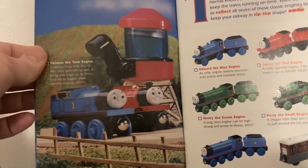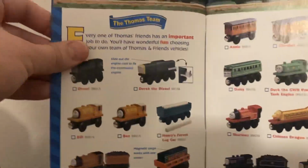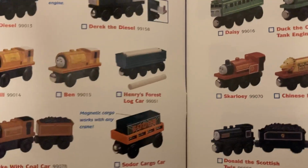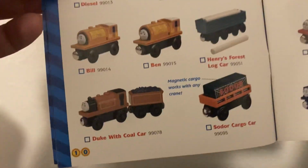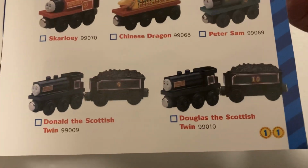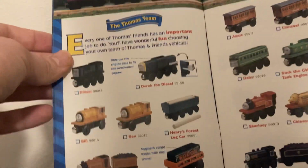And that was a transitional year for how models were made and how they were designed. However, 2002 and 2003, some of the models on the yearbook, though, still show the old style models with the Widow's Peak. Like we got old style Diesel, Bill and Ben, the old style log car, which never changed after 1995. We got Duke, the cargo car. Donald and Douglas they still have their old style designs with the Widow's Peak. Same with Scarloey and Oliver, and even Duck, Daisy. All of these are old style designs from